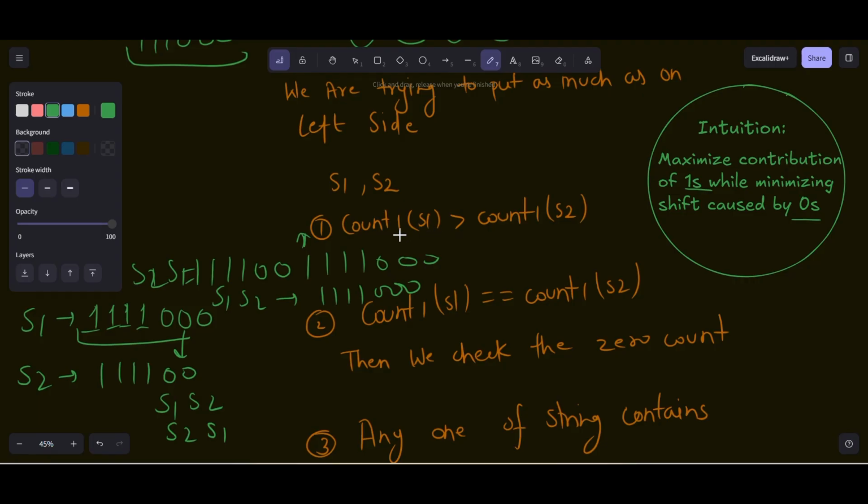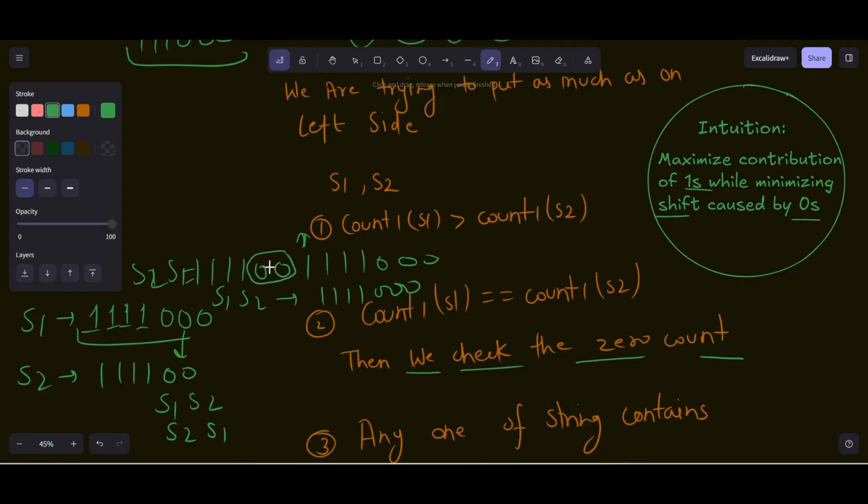So what are the cases? The count of ones in S1 can be greater than the count of ones in S2, then we will place it first. If the count of ones in S1 is less than in S2, then we will check the zeros count, and we will place the string which has fewer zeros first, because zeros create shift. This many zeros create this much shift.